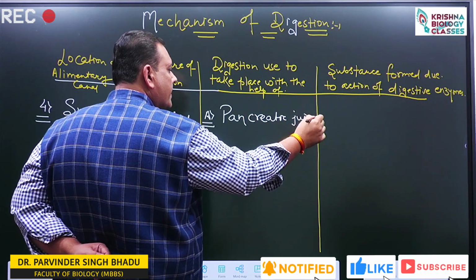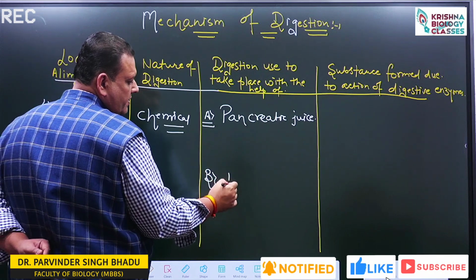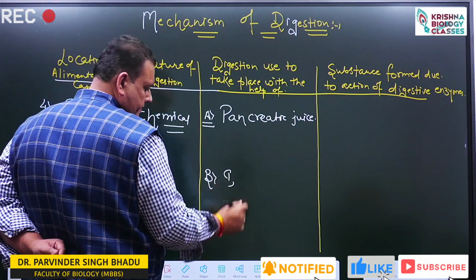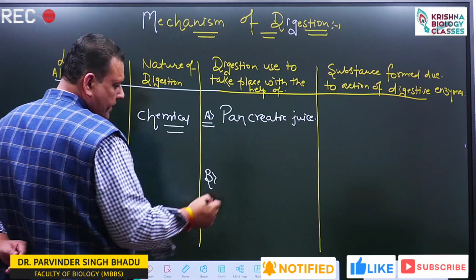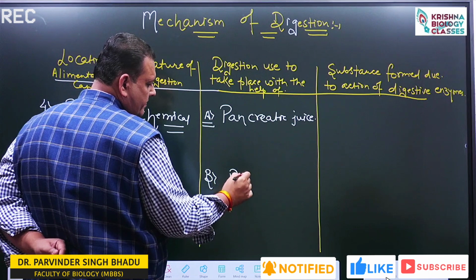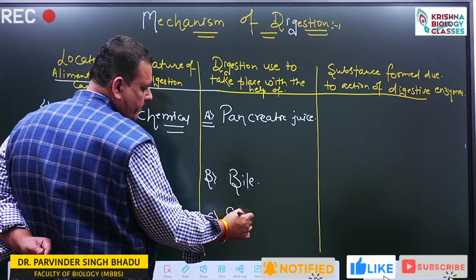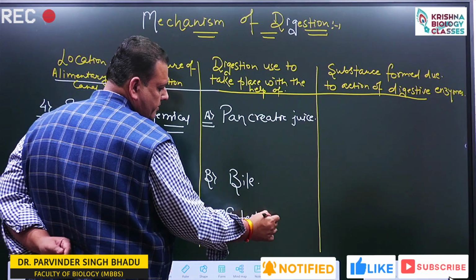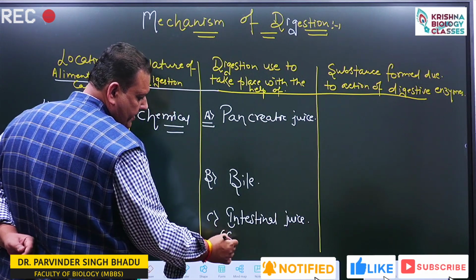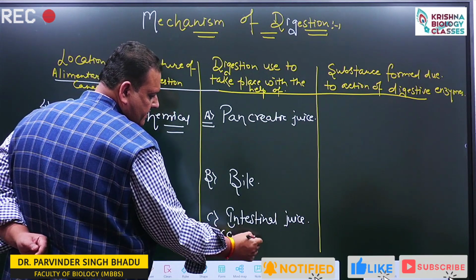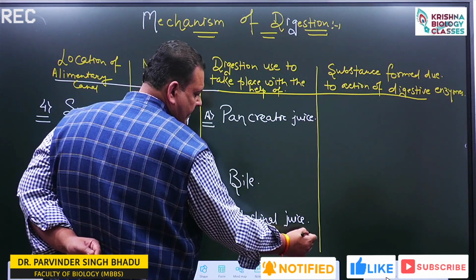with the help of bile, and with the help of intestinal juice. Another name of intestinal juice is succus entericus,